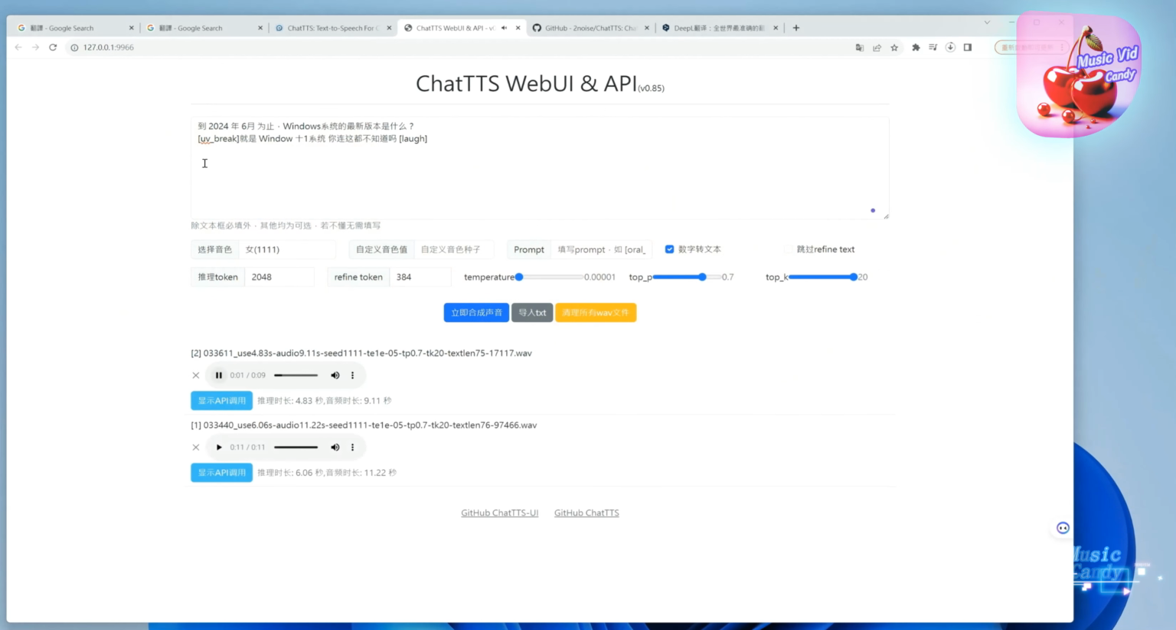到2024年6月为止 ，Windows 系统的最新版本是什么？就是 Windows 11系统，你连这都不知道吗？